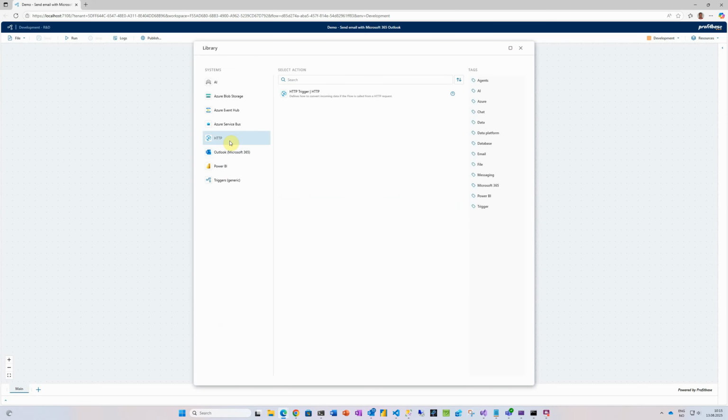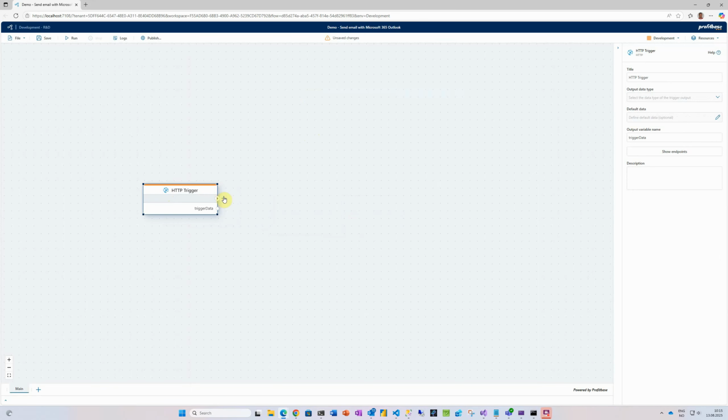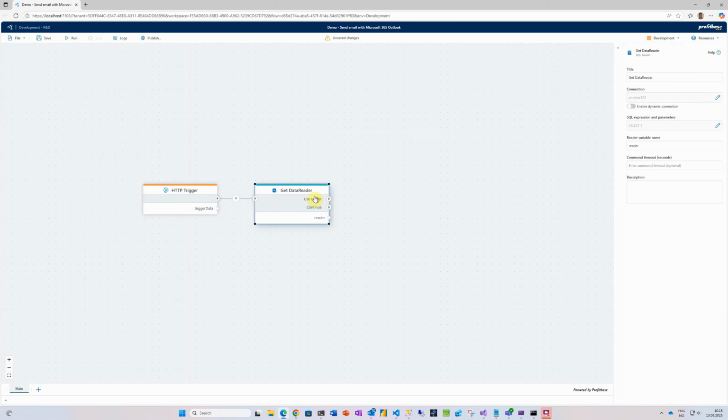I'll first add an HTTP trigger, so the flow can be run from an HTTP request. It's not really necessary for this demo, but it will make it easier to test the flow with some demo data. Next, I'll add the getDataReader action for SQL Server to read our actuals dataset, and then I'll add the